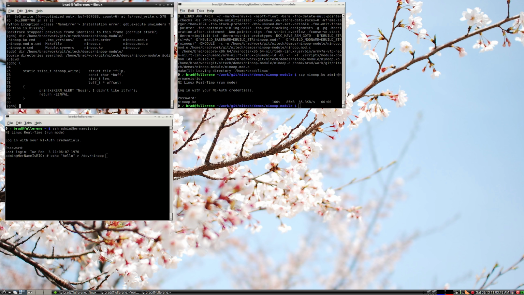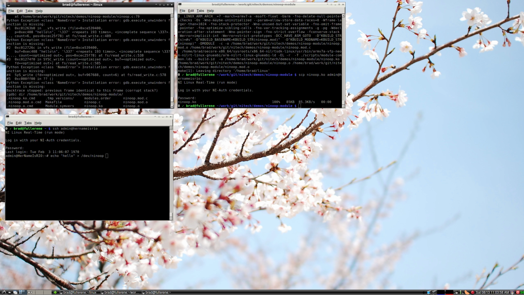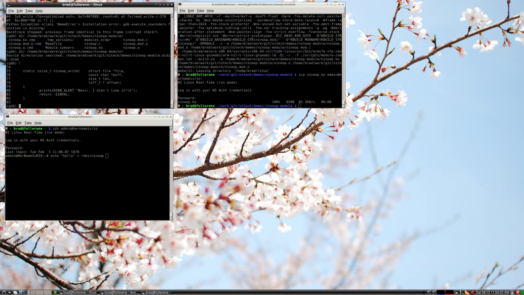So we could actually take a look at the code at the breakpoint, and we can see that in the backtrace itself we have access to the buffer we wanted to take a look at. Basically, we can see that this particular file operation is just not going to do anything. It's going to return an error invalid and print to the kernel log. Just for those of you Ren and Stimpy fans,